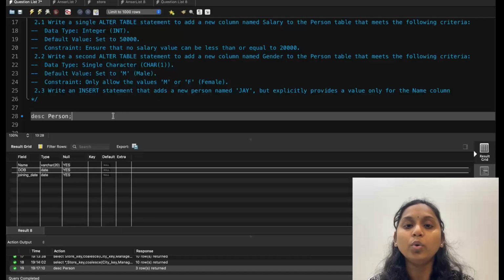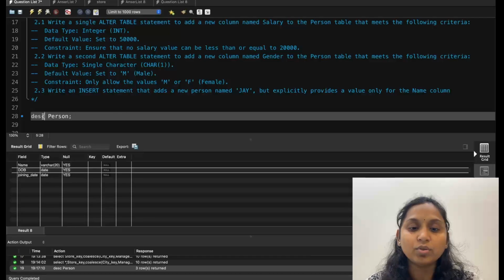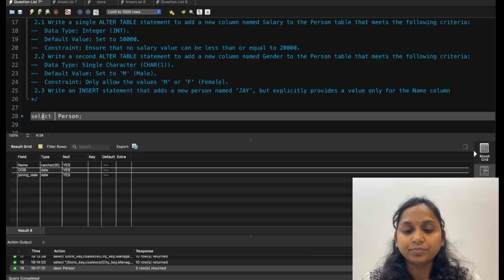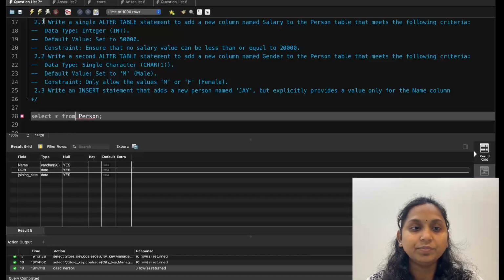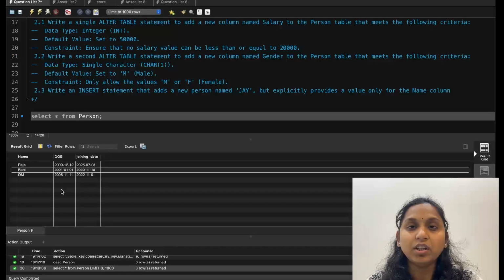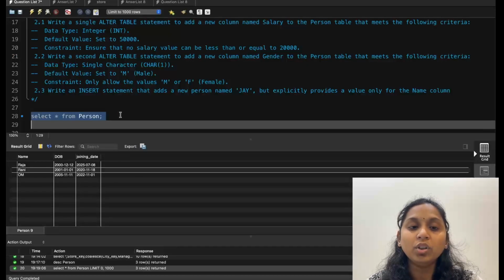Now how can you add this type of constraint to the existing table? We already have this existing table. You can also see there are some records. Select star from person. Let me show you the details. We have 3 records in this table. Now you require one more column with the name of salary. Now you know the alter command. We have already seen that the alter command is used to modify, drop, and add a new column. Fine. Let me use that.